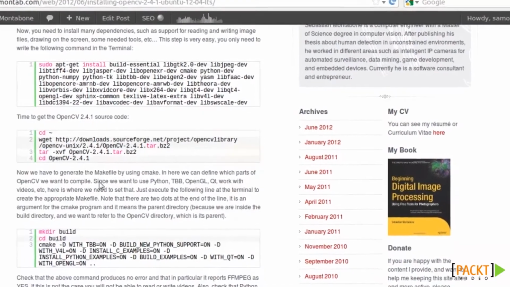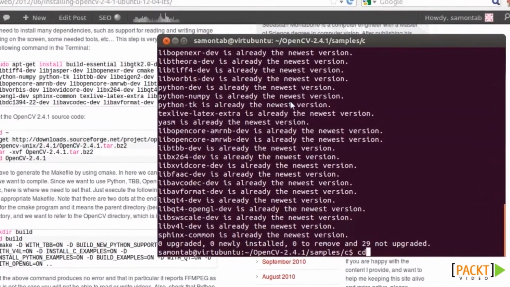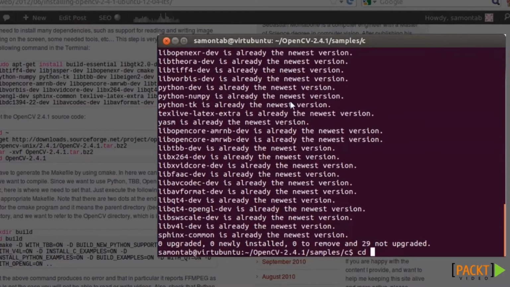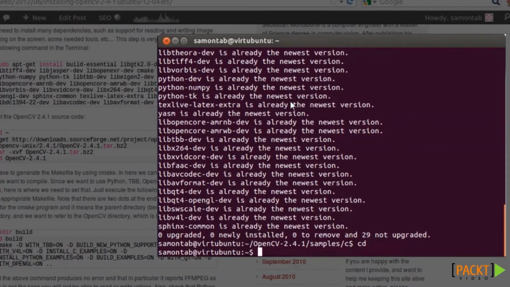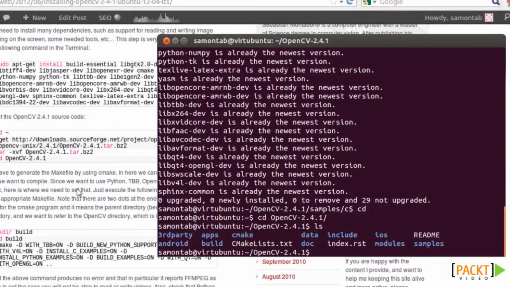Now you need to get the OpenCV code. So basically, these instructions say to go to your home directory, get that, and extract it into OpenCV 2.4.1. I already did that, and here's what you should have. So some files there. I already have that. After that, you need to create this build directory. Go to that directory and